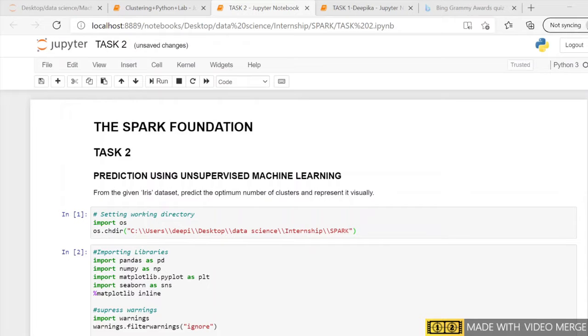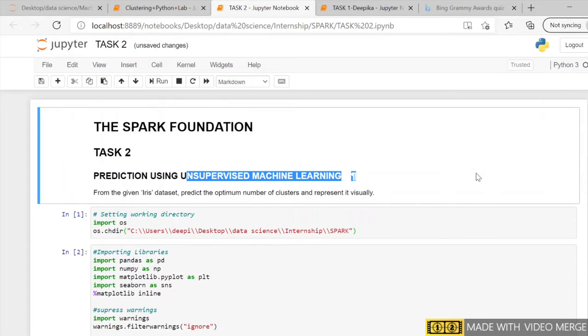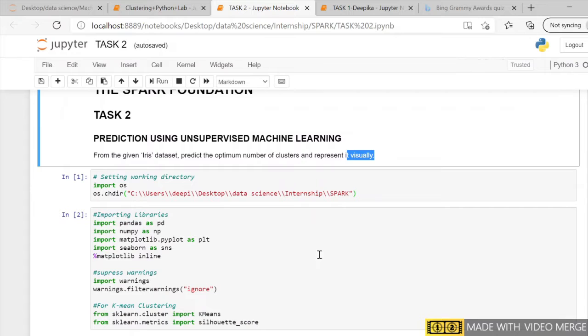Hello everyone, my name is Deepika and today in this video we are going to perform unsupervised machine learning. So the problem statement is that from the given iris dataset we need to predict the optimum number of clusters and represent it visually. Now I would like to give a brief introduction about the iris dataset in which we